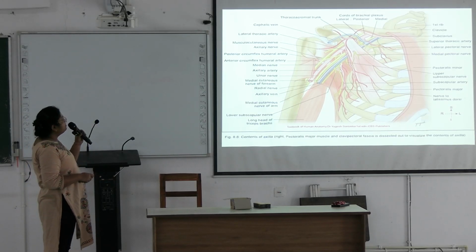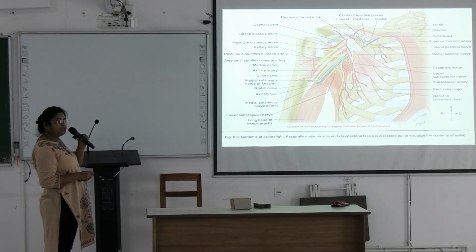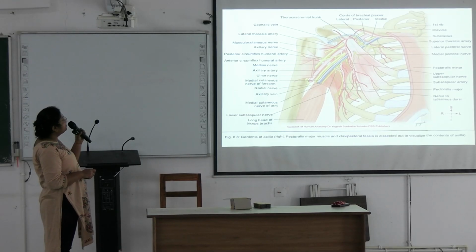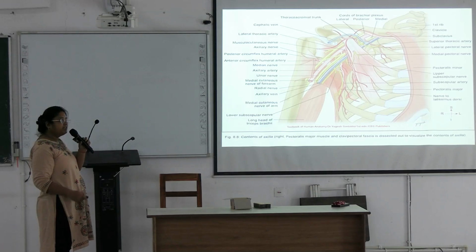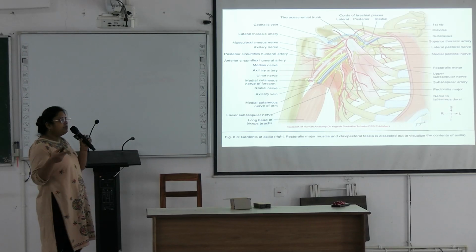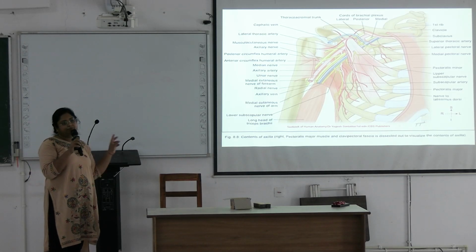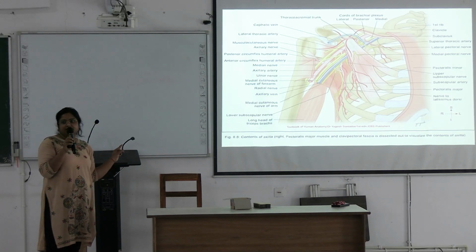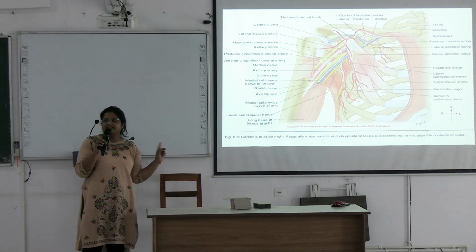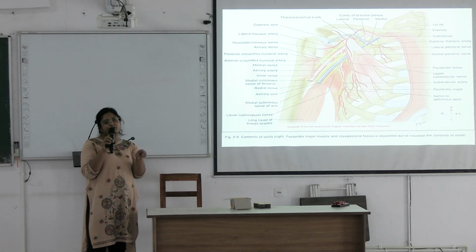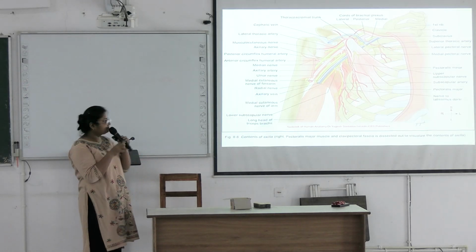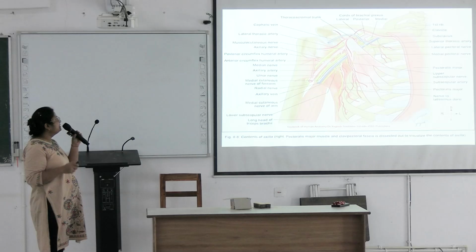Okay, and if you trace the radial nerve proximally, you will reach the posterior cord, and from the posterior cord, you identify the axillary nerve. Axillary nerve is another branch from the posterior cord. So axillary nerve will lie on the posterior aspect of the surgical neck of humerus. That's how you identify the axillary nerve. Okay, understood? You trace back the radial nerve, reach up to the posterior cord, and from there you trace the axillary nerve. Okay, understood? That's how you identify the structure.